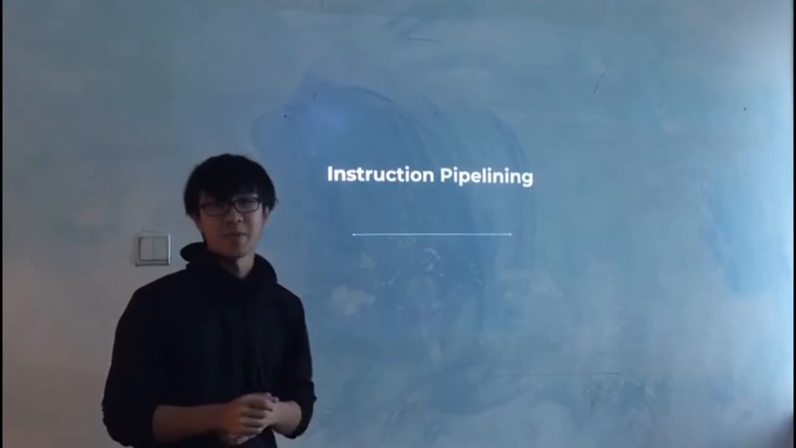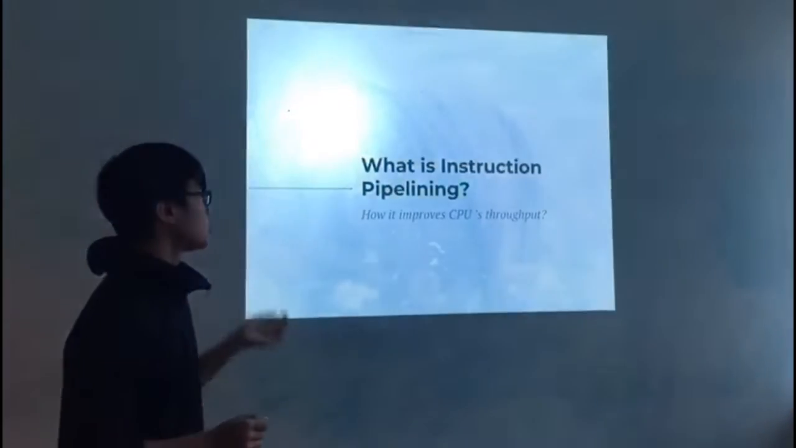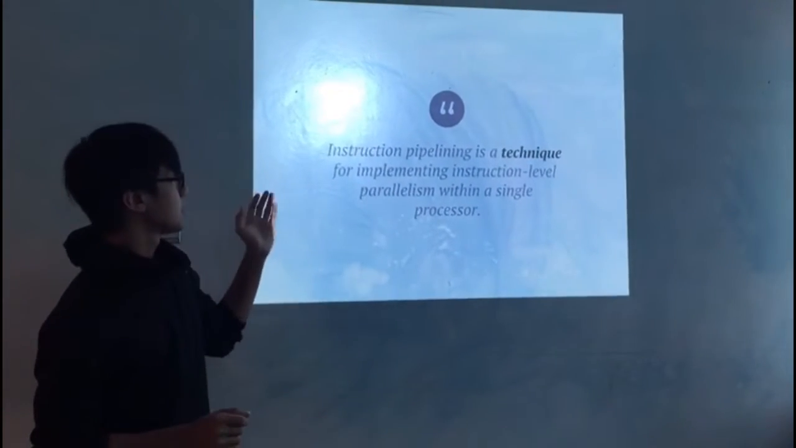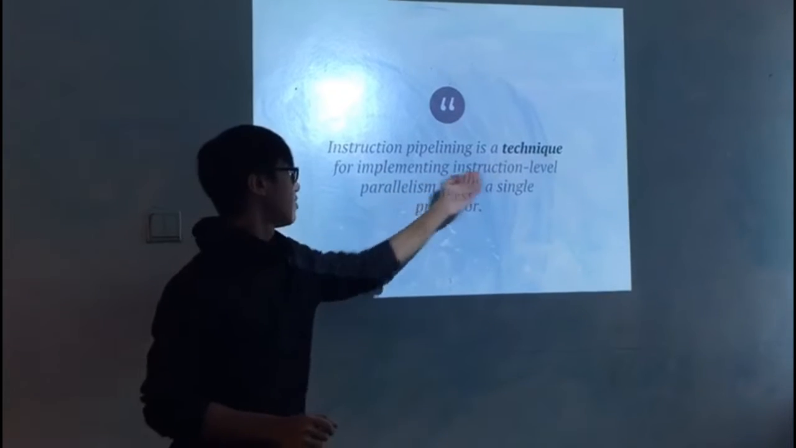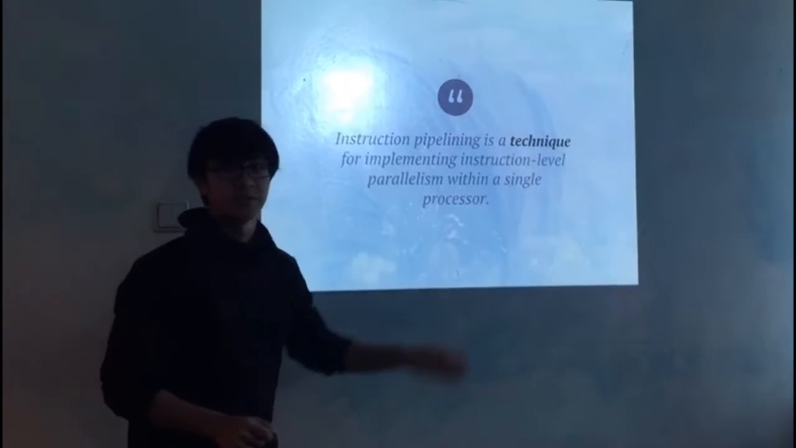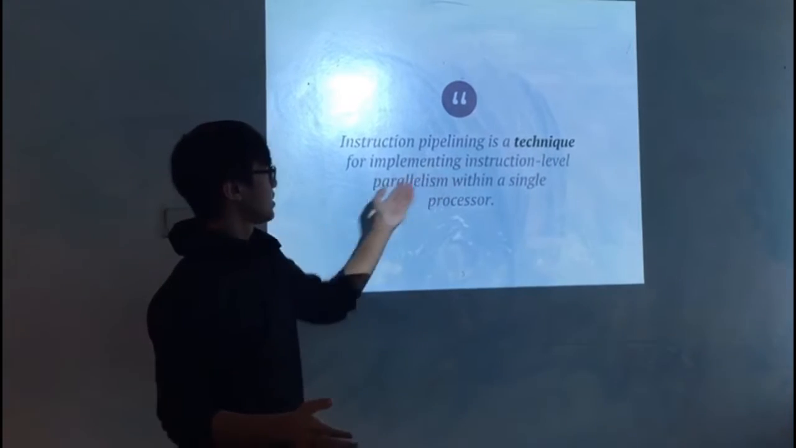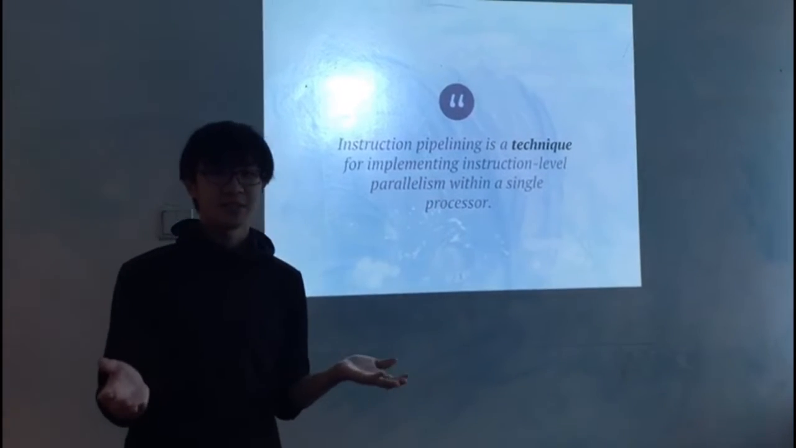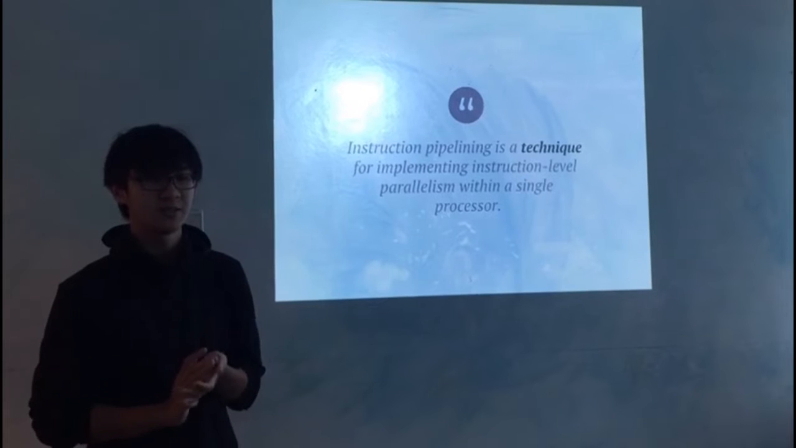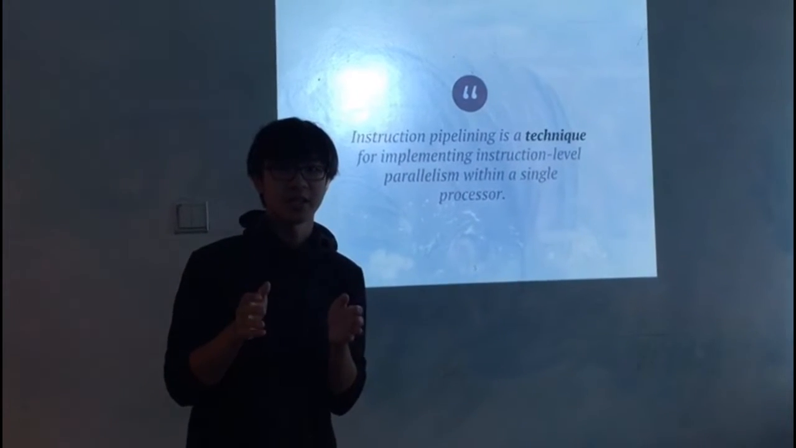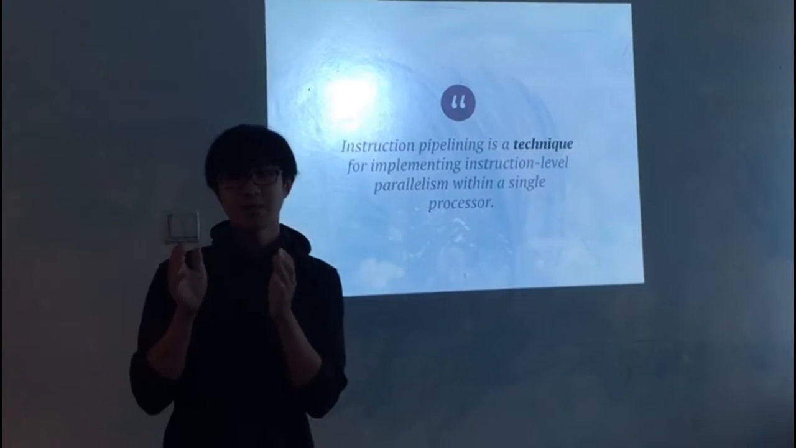So today we'll be teaching about instruction pipelining. What is instruction pipelining and how does it improve the CPU's throughput? Instruction pipelining is a technique for implementing instruction level parallelism within a single processor. You students may question, what is instruction level parallelism? What does it mean? It just means that it's a measure of how many instruction sets can be run simultaneously